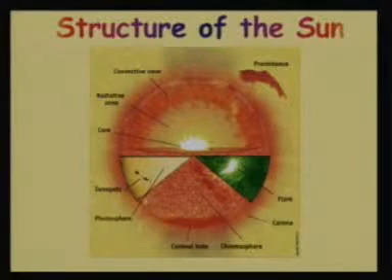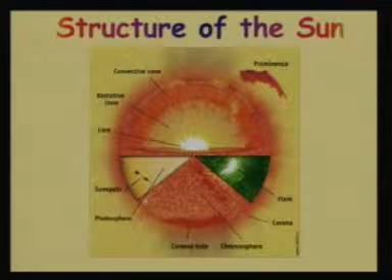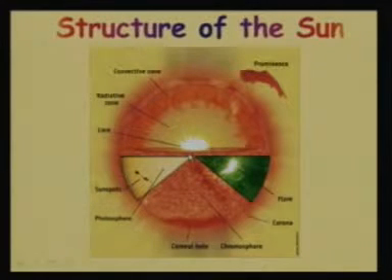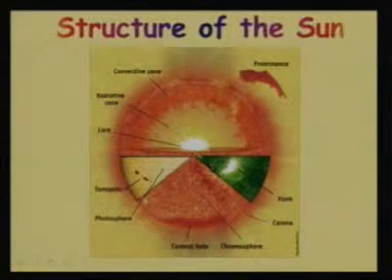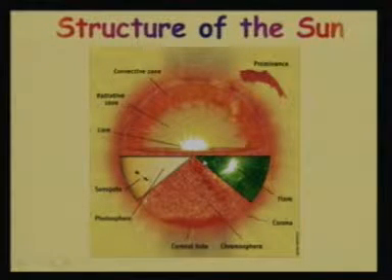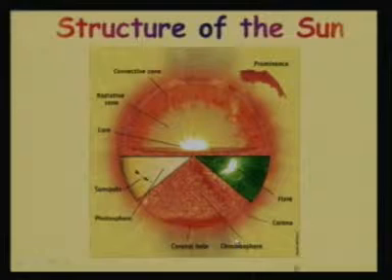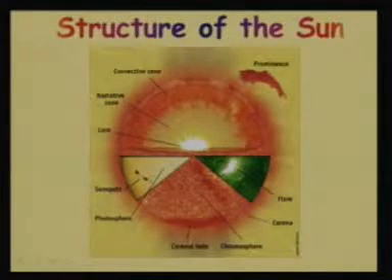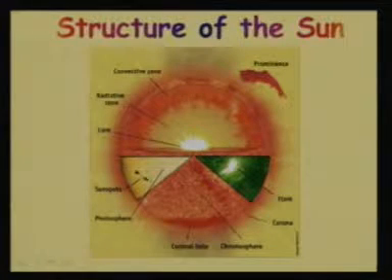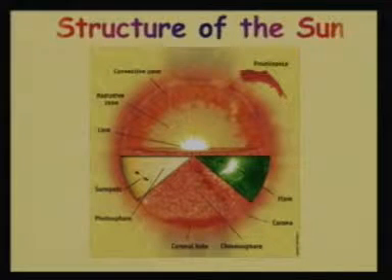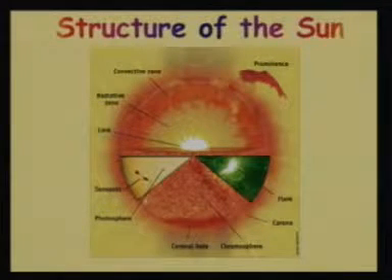To start with, we are just showing you the structure of the sun. You see in the core, where the energy is produced, this white patch. This energy is being produced at the core, and this has to travel to the surface. And obviously, if it has to travel to the surface, there must be a temperature gradient, and we shall see what kind of temperature gradient we get when the energy travels either by radiation or by convection.